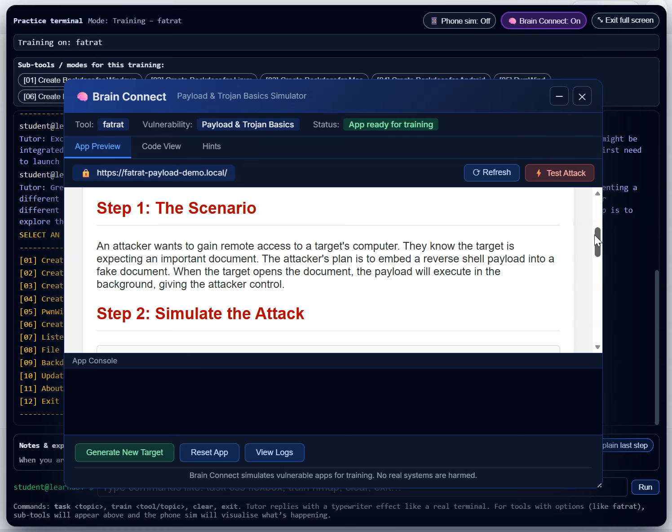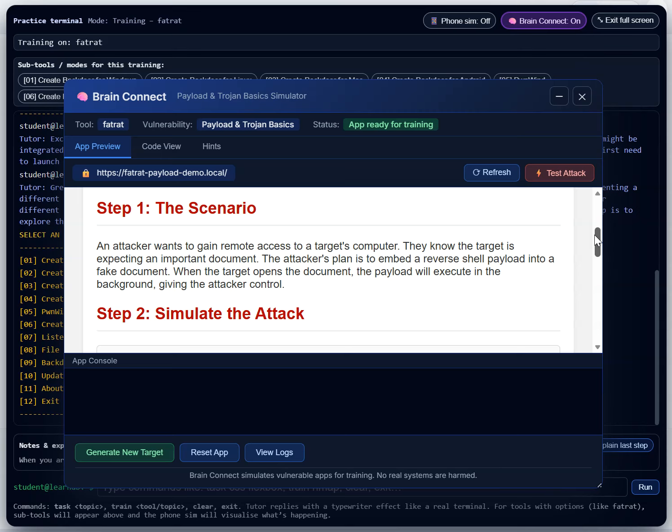As a cybersecurity person, you need to learn the defensive and the offensive. While you're trying to do the offensive, which is the attack part, you need to know how to defend against such an attack. And this is what Brain Connect is for. Brain Connect will always generate something similar to what you're doing, and give you the defensive part, and also how the